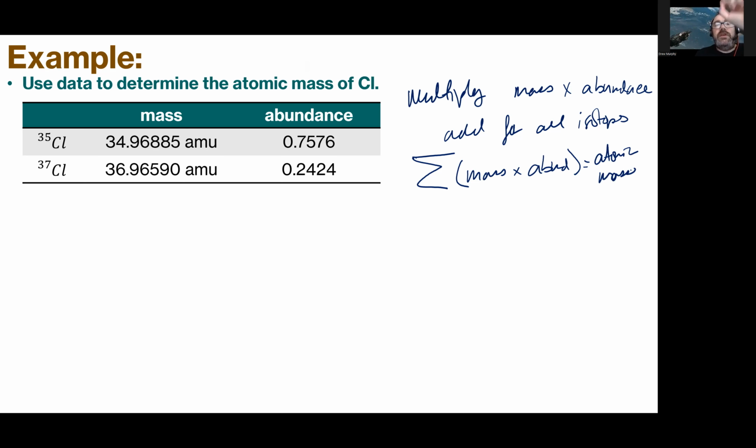You can also figure out what's the most likely abundant isotope by figuring out which isotope mass is closest to the atomic mass, because then that one would probably be the most abundant. Anyway, what we're going to do is multiply the mass times the abundance, and the mass times the abundance. I should have written this down here, but I'm just going to come down here and do this. Mass times abundance for the first one is